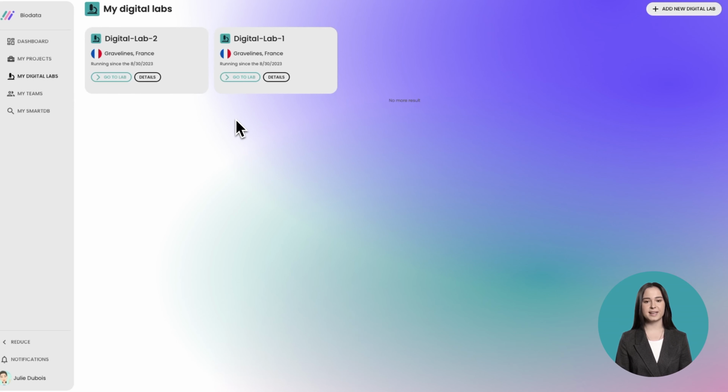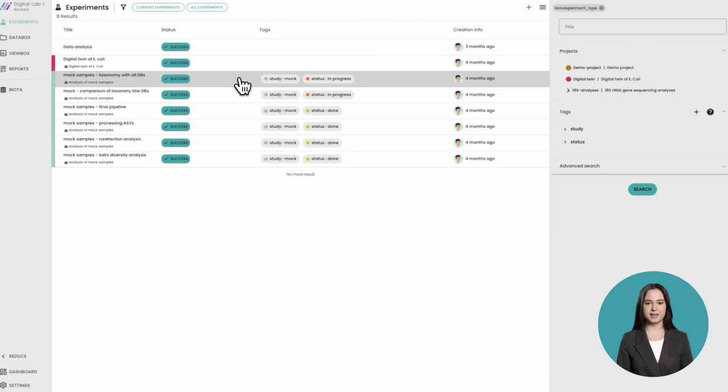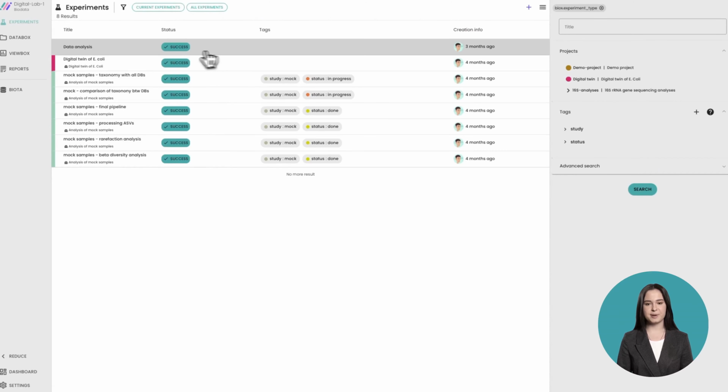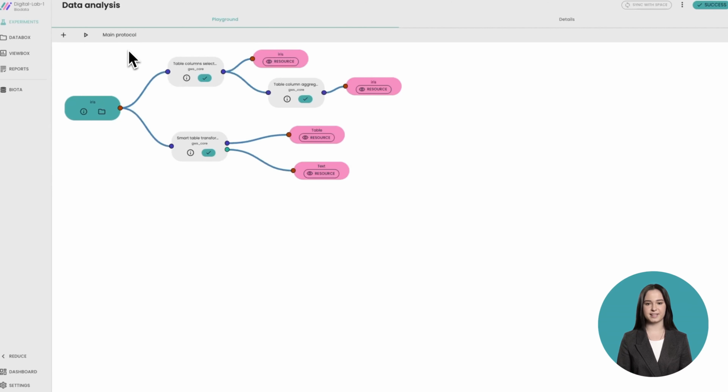Julie can access these 2 digital labs hosted on the cloud, allowing multiple users to collaborate simultaneously within the lab. Now I'm going to connect to this lab. You can see here all digital experiments. An experiment is a procedure to conduct data analysis to explore or validate scientific hypotheses, or to process your data